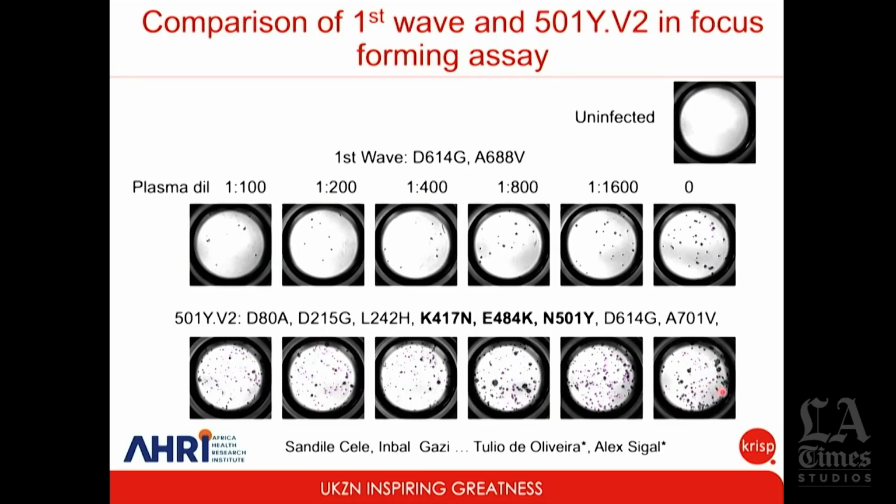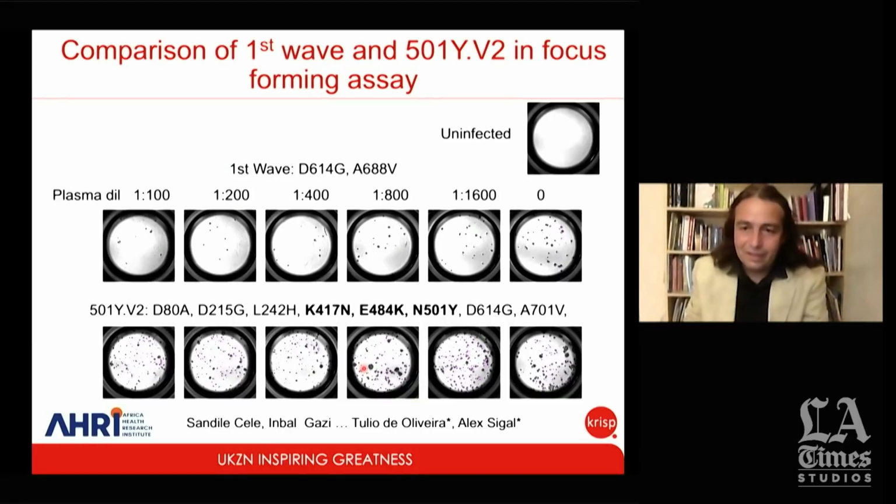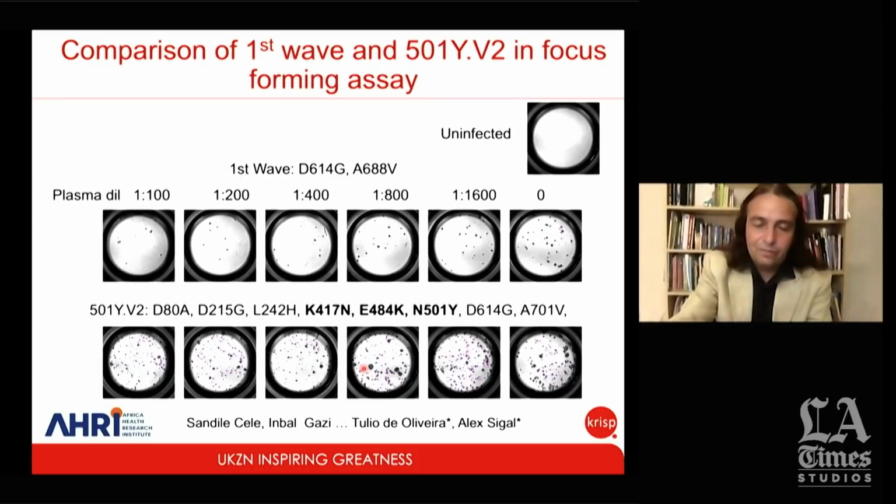Here is without any convalescent plasma. And as you keep adding more convalescent plasma, you do see some neutralization, but much, much less than you expect. And that's what we're going to be publishing next week, showing very limited, very little neutralization from convalescent plasma on this new virus, which has all the characteristics of being an antibody escape mutant virus, which is